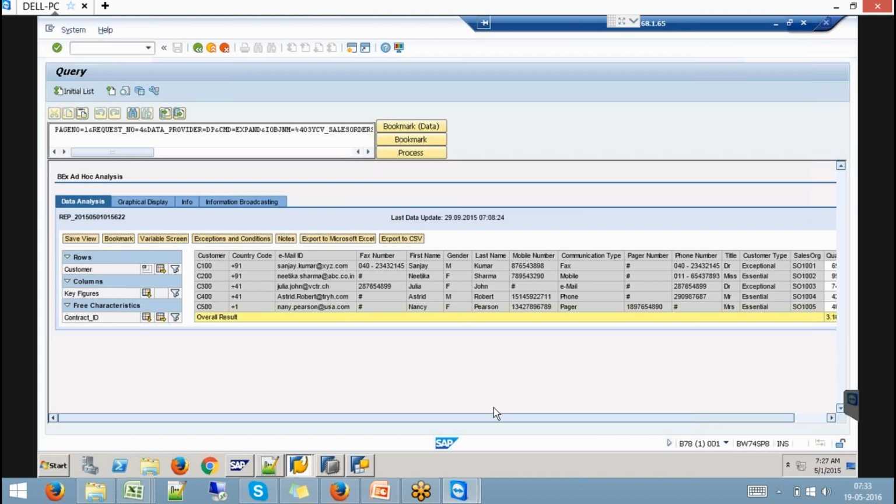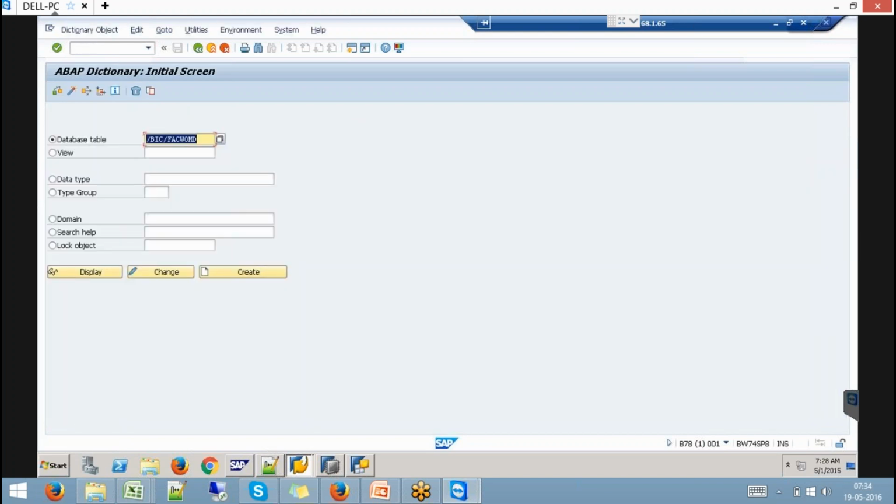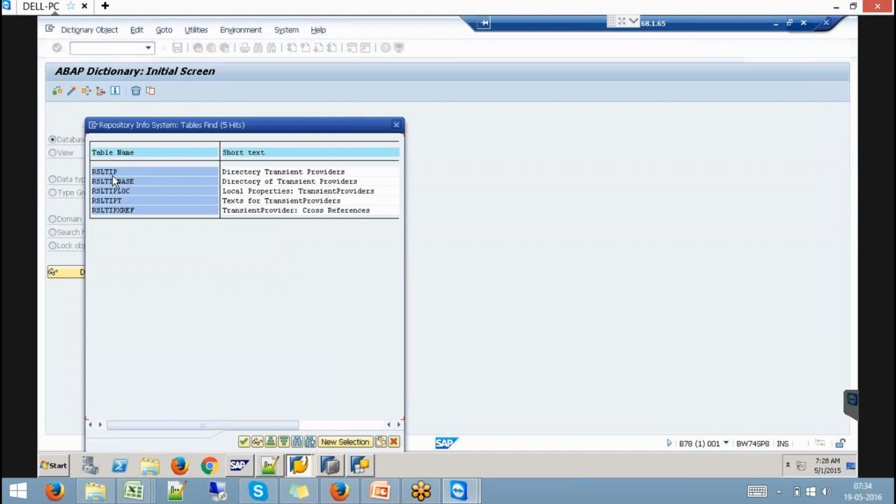And one limitation with this transient provider, we do not have support of navigational attributes. And one more point is we cannot transport this transient provider directly. It's not a straightforward thing to collect this transient provider into a request. So the only workaround we have is that the information about this transient provider is maintained in this table RSLTIP.